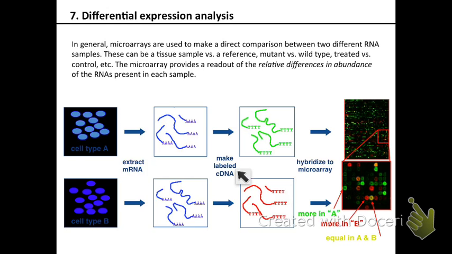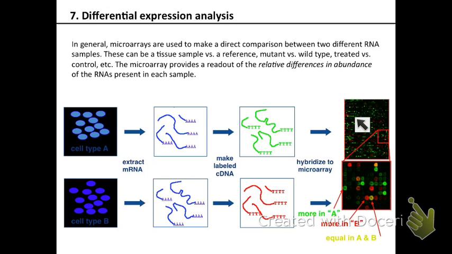And when you're making the cDNA, you use 2 different fluorescents in this. Okay? So in this one, for example, you can use a fluorescent nucleotide that is going to give the cDNA a color of green. And in this one, you're going to use the fluorescence that gives the cDNA color of red. So then you take these 2 samples, you can mix them up and hybridize them both to the DNA